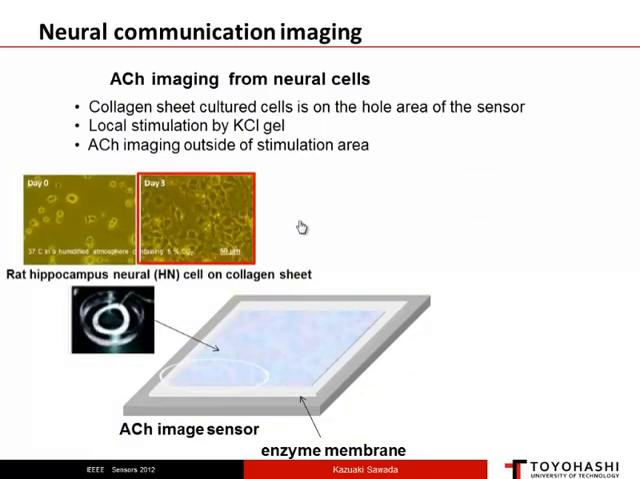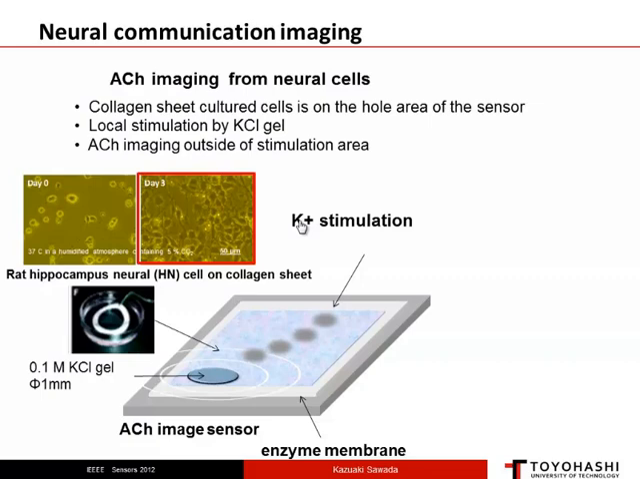So at first, we cultured the neural cells, which are taken from the rat hippocampus, on a collagen sheet. The collagen sheet is often used as a substrate of the culture. Then we use the cultured neural cells after 3 days of cultivation. Then this collagen sheet is put on the image sensors,